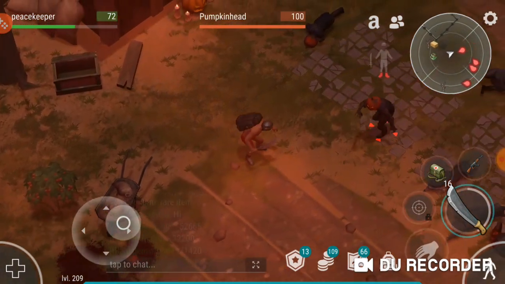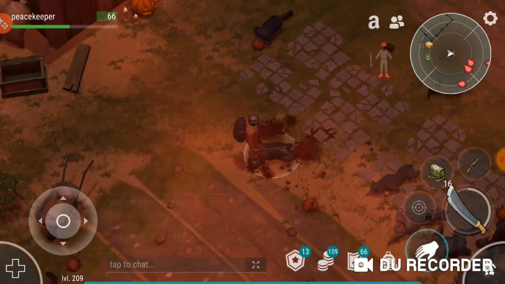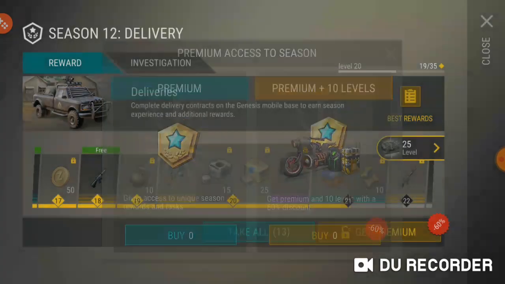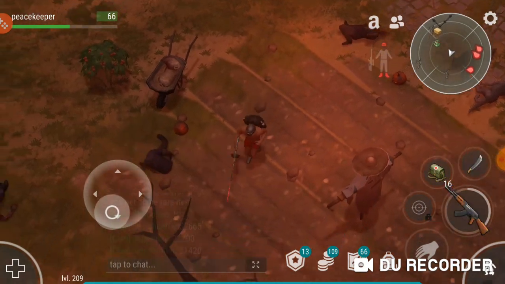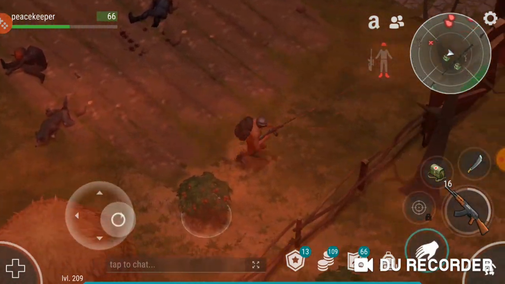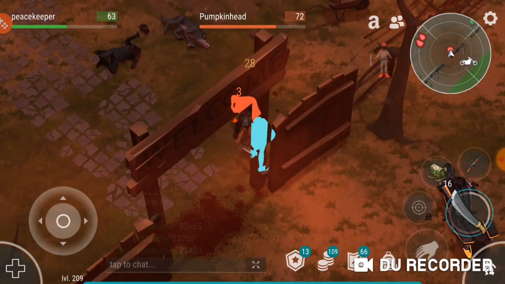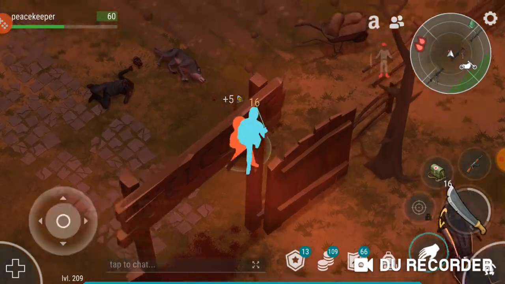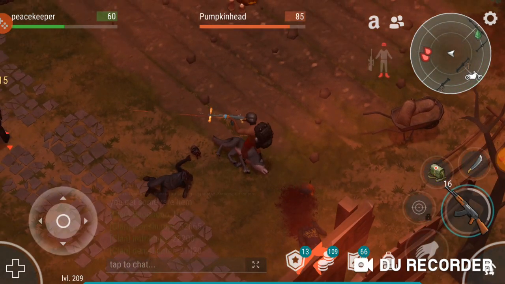So I'm gaining these new items here. You can see the bigger icon there in the middle of the map. So, oops, I misclicked there. I'm going to kill these things off now. I'm going to switch over to my AK. I'm going to kill basically these things around the enemy. I'm going to switch back to my machete, kill off this pumpkin head, and I'm gonna bring up this